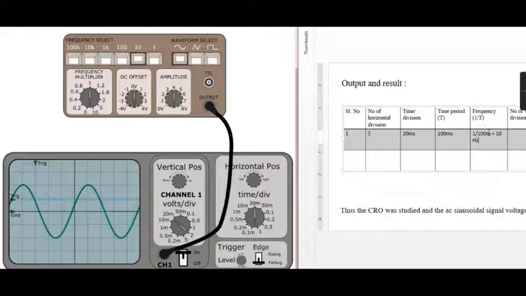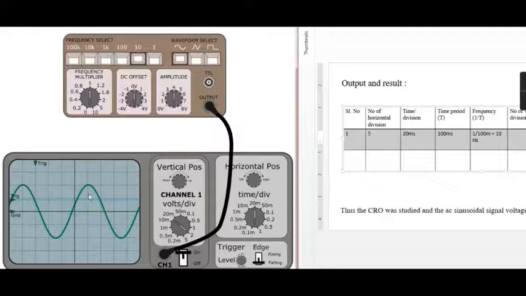Milli represents 10 power minus 3, so 1 divided by 0.1 will give you 10. The unit of frequency is hertz. So we have kept 10 hertz in the function generator and